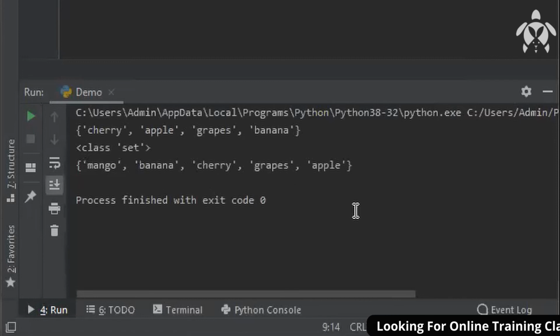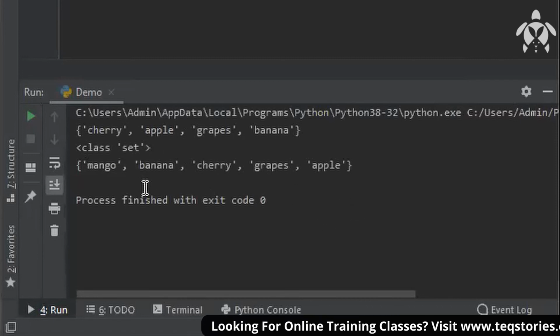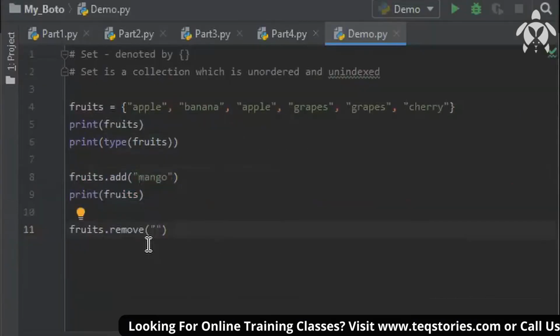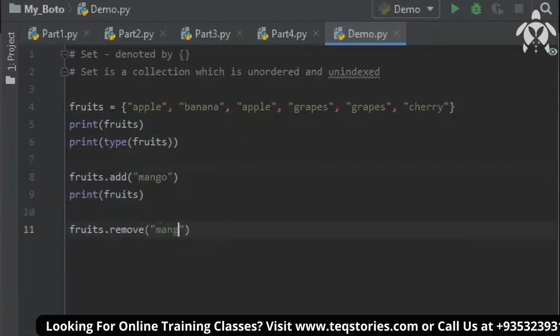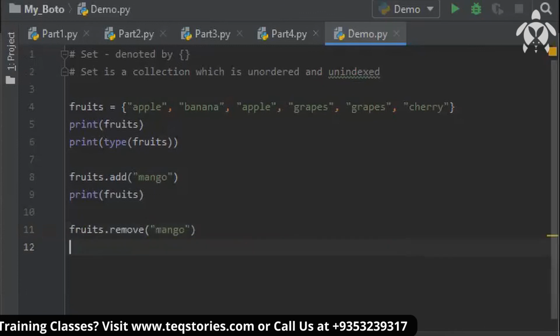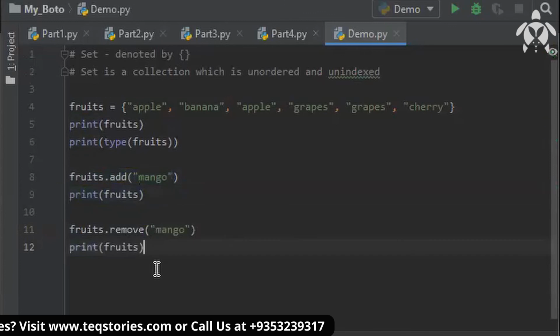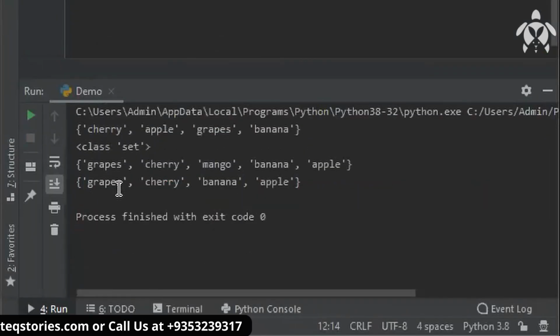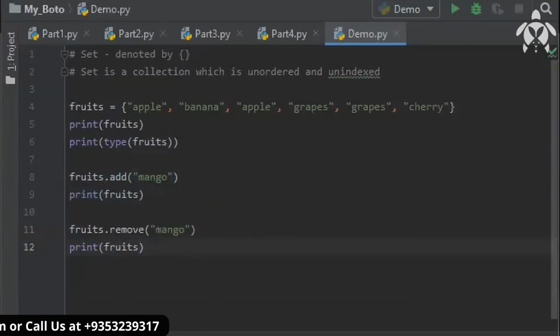Why? Because there is no order here. It can add anywhere in the set. So if I want to remove mango from here, I'll use fruits dot remove mango. So it's not there. Mango got removed. Dot remove is used to remove any specific value.